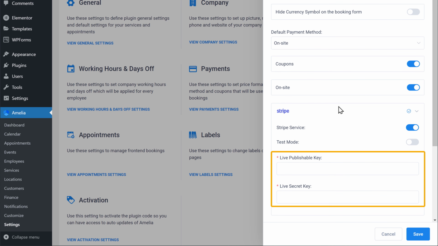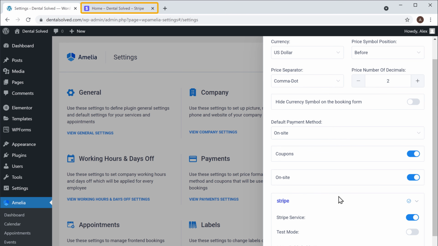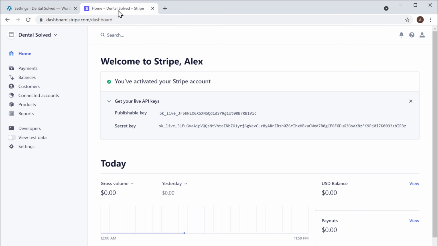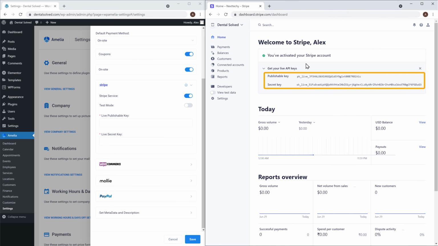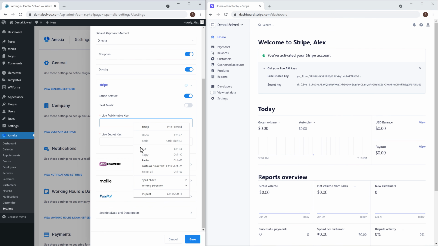Now to get these two details, let's go back to Stripe. Copy these details. Click here to copy. And then paste it here. Now let's copy this.